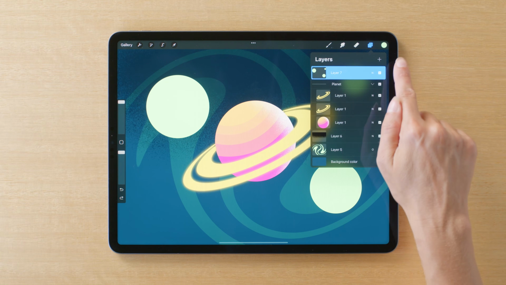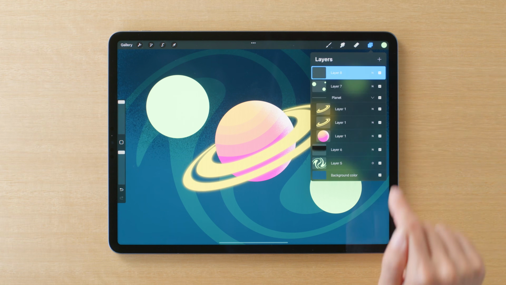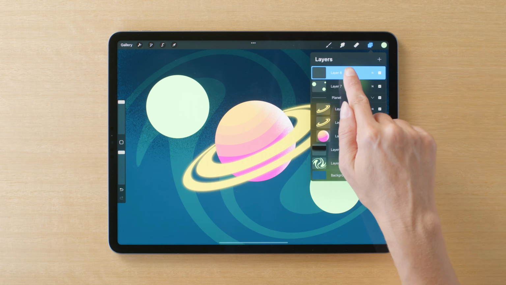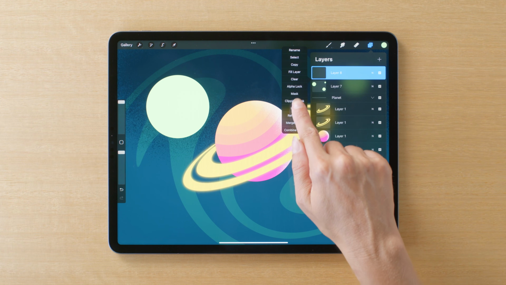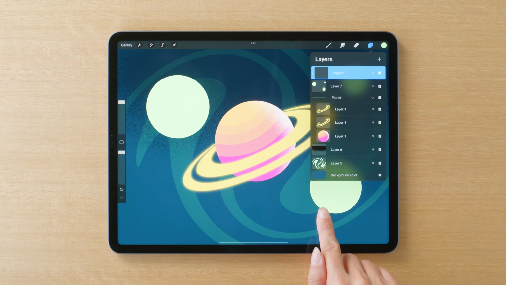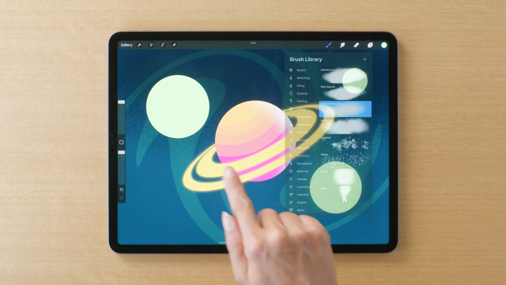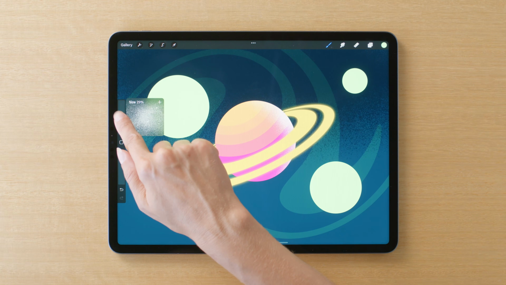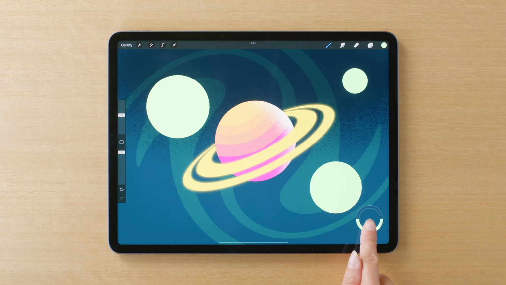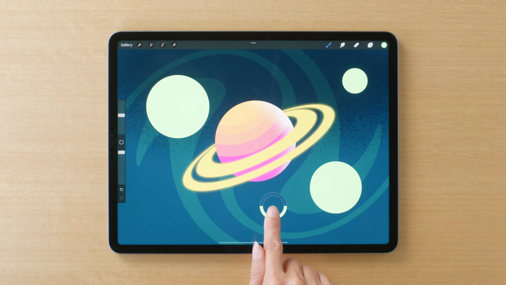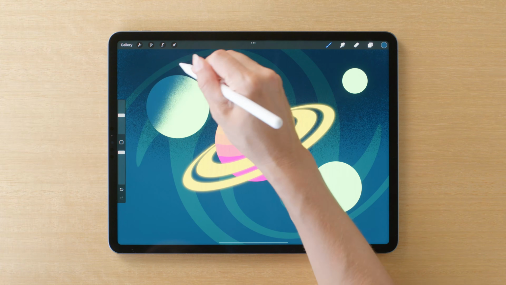Now let's use another clipping mask to give these planets some dimension. Go to layers, tap the plus icon, and add a new layer above our little green planets. Let's make it a clipping mask. Make sure you still have your medium nozzle spray paint. Bring the size down about halfway, and let's use the eyedropper to grab that deep blue background colour. Now paint them in.